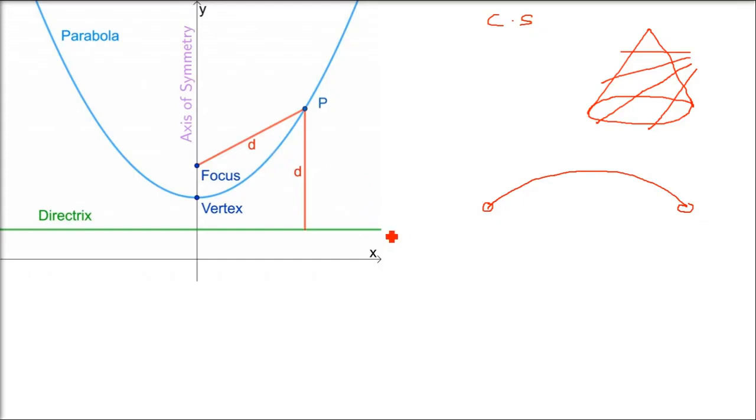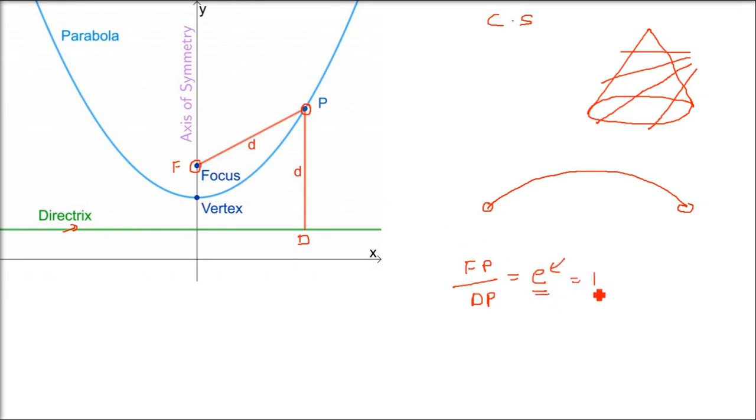There are other conic sections also, and they have the same definition. If you take any point on the parabola, its distance from the fixed point, which is the focus, and the same point's distance from a fixed line, which we are calling the directrix, will always have a fixed ratio. So if FP is the distance of this point from the fixed point focus, and the distance of this point P from the line is PD, for every conic section the ratio will always be a constant, and this constant is known as eccentricity.